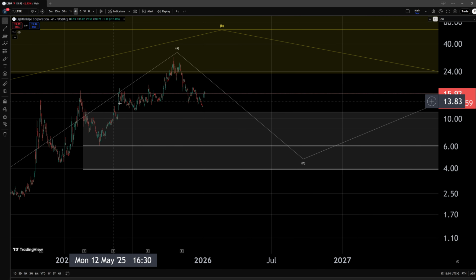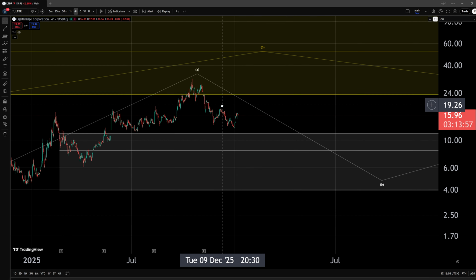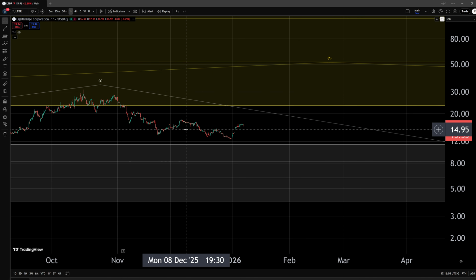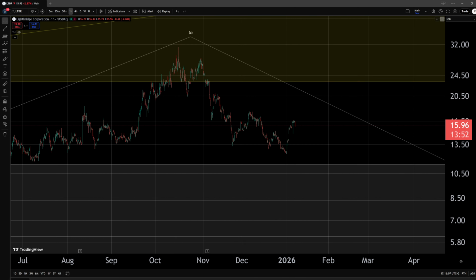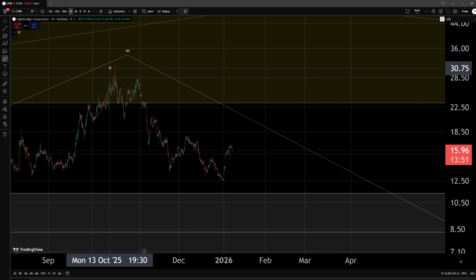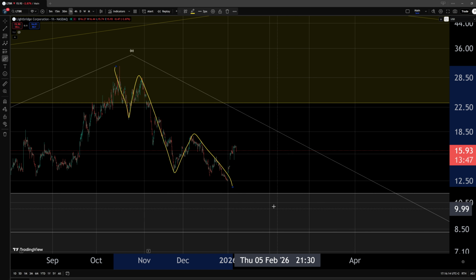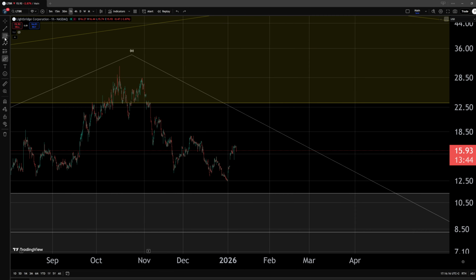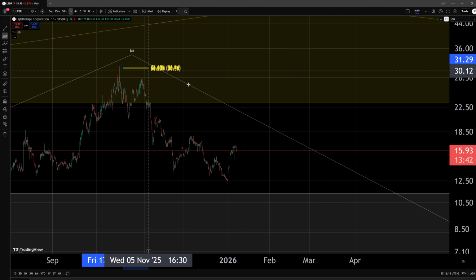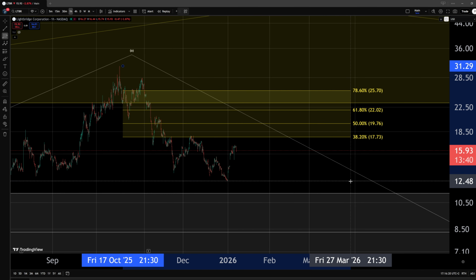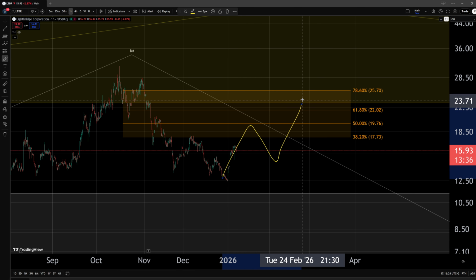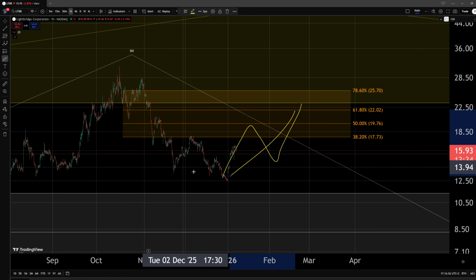And that doesn't seem to be a problem, as within this structure to the downside, I may even prefer that we have a five-wave move down. We could have here a 1, 2, 3, 4th, and the 5th, and this wave 5 may actually even still be ongoing. But once we have the wave 5 complete, or if it is already complete, after a three-wave correction into the area of resistance, we could have here a wave B, we could have here a wave 2,